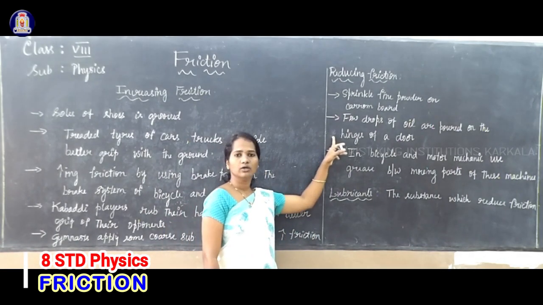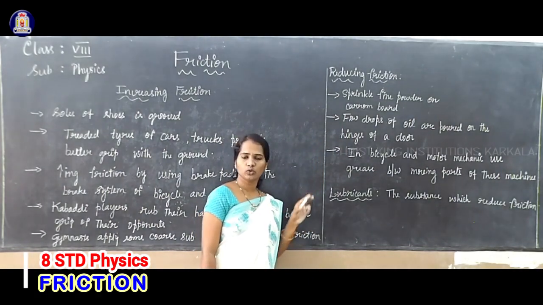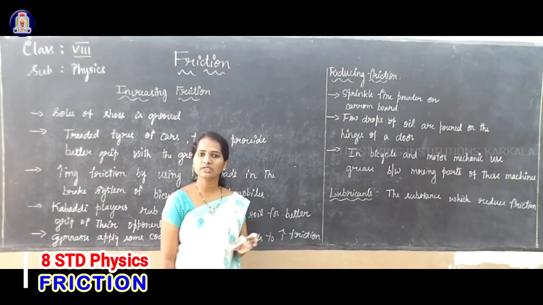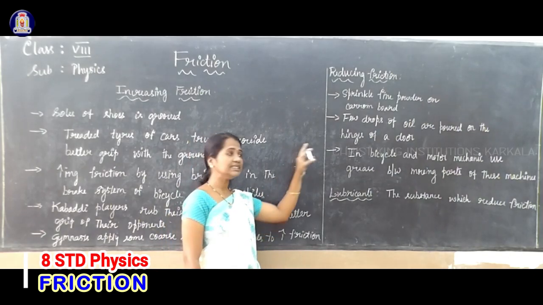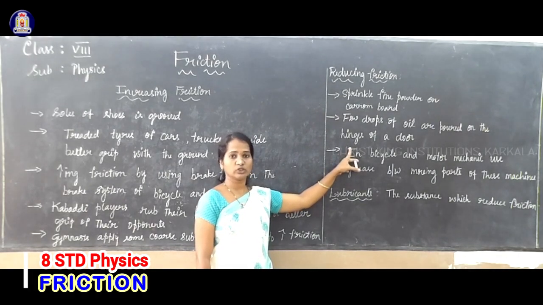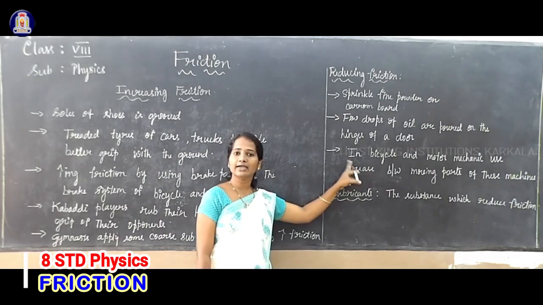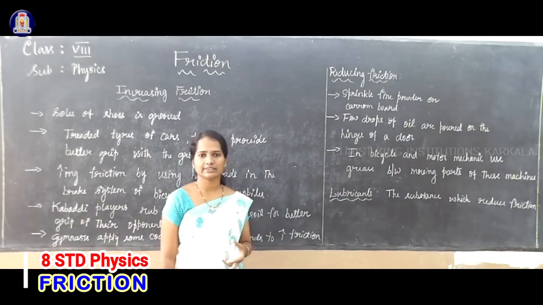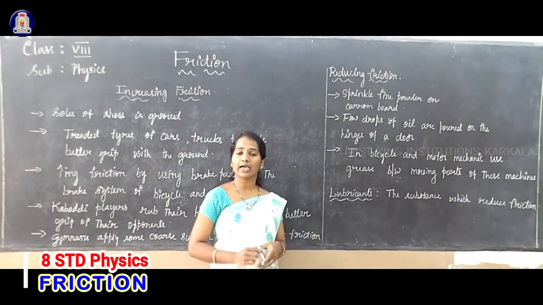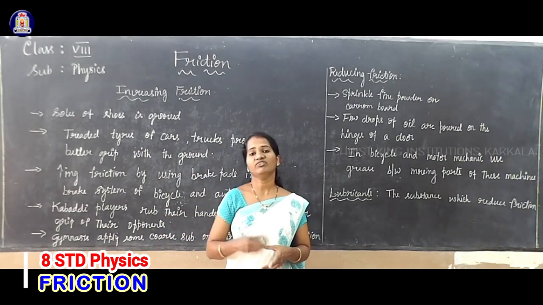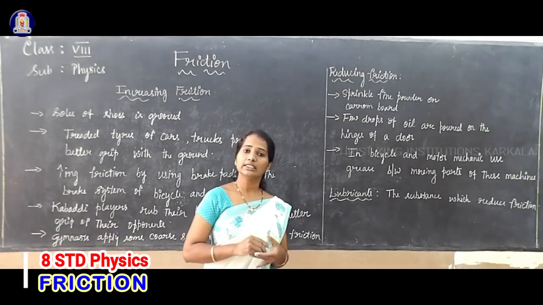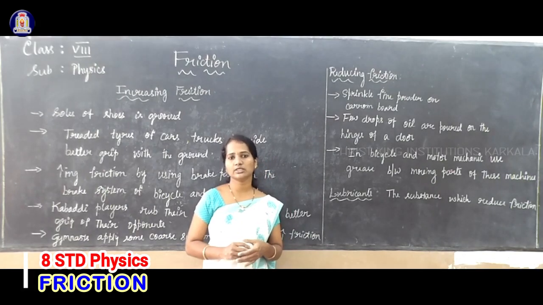And also, between the hinges of the doors we pour some drops of oil. Few drops of oil are poured into the hinges of the door so that the door can move softly and smoothly. In bicycles and motors, we apply grease to reduce the friction. To minimize the friction, grease can be used. As I said, in machines, if friction is more, their efficiency decreases. So, to increase the efficiency of the machines, we have to